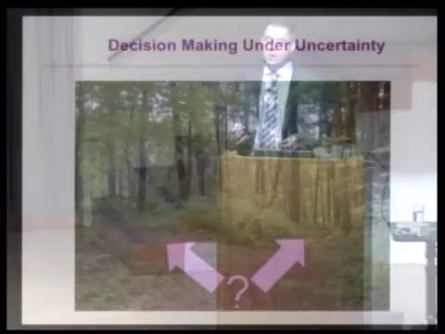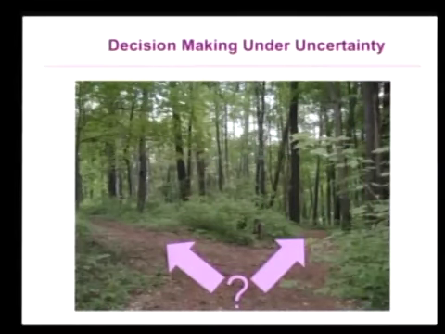So what I want to talk about today is really introduce you to a relatively new field of investigation within neuroscience called, depending on who you talk to, decision neuroscience or neuroeconomics. And really what this field is concerned with is trying to understand what goes on in the brain. Really, what are the algorithms? What are the rules? Almost like a computer program. What's the programs that the brain uses to solve the problem of making decisions under situations of uncertainty.